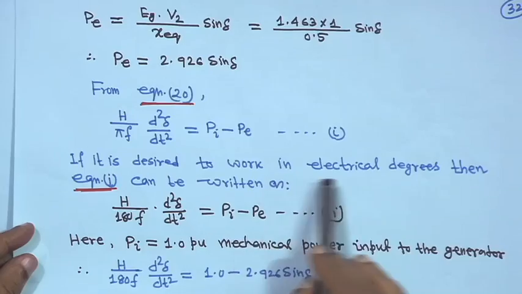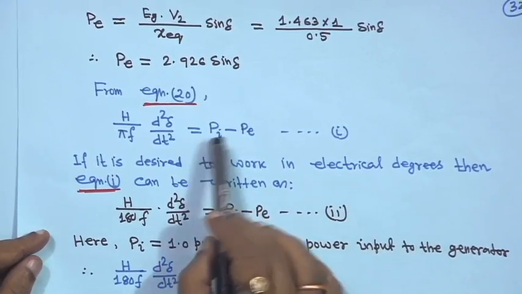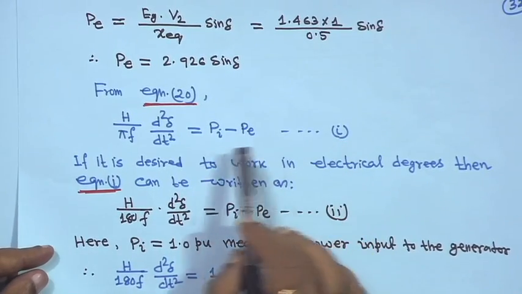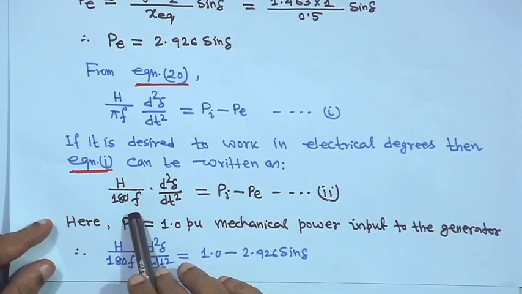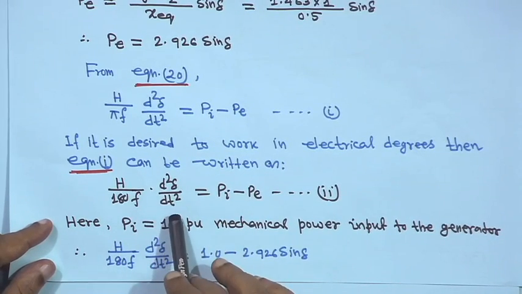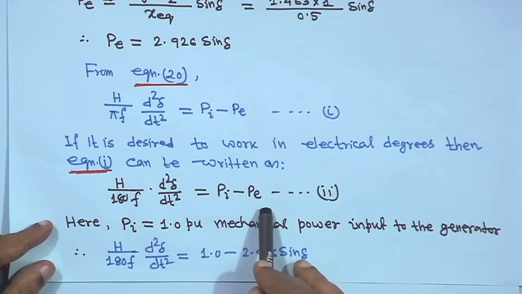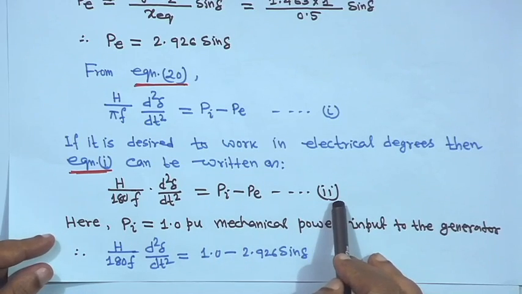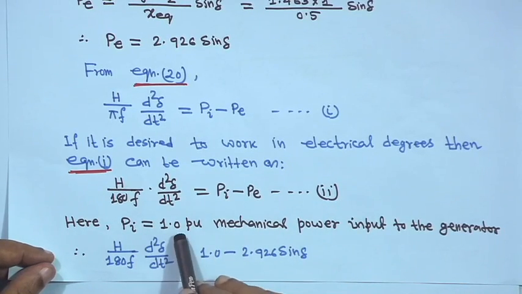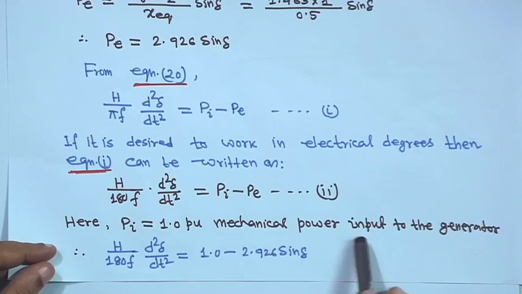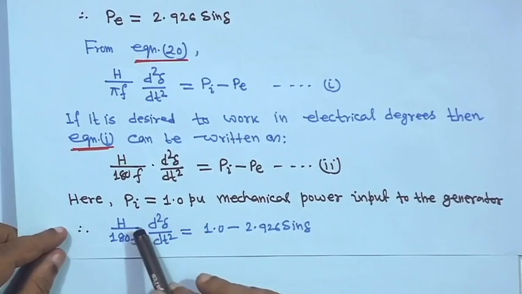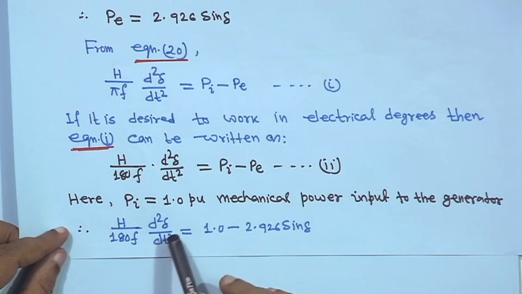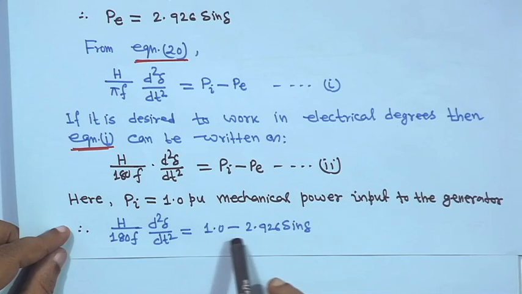Now, if it is desired to work in electrical degrees, then this equation, we are repeating equation 20, that is H upon 180 f into d square delta upon dt square is equal to P i minus P. This is equation 2 say. Now, P i here is equal to 1.0 per unit mechanical power input to the generator. Therefore, this can be written as H by 180 f into d square delta dt square is equal to 1 minus